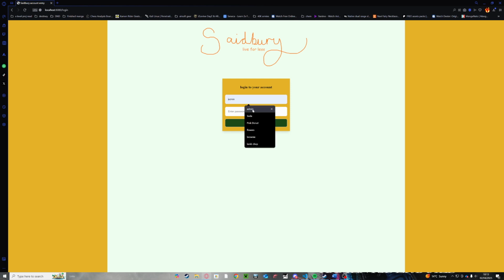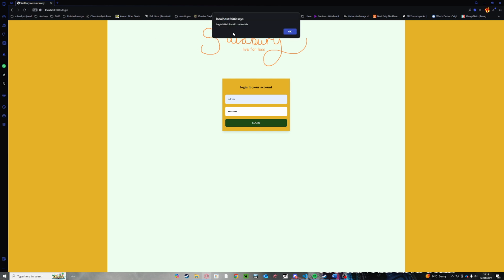So, firstly, let's try admin, 123456789, and when we click login, it will provide us with an invalid credentials message. Why did I do this? This is to show that when the user incorrectly puts in their password, it will provide that error message. The password that they should have written for this account is Sedbury,